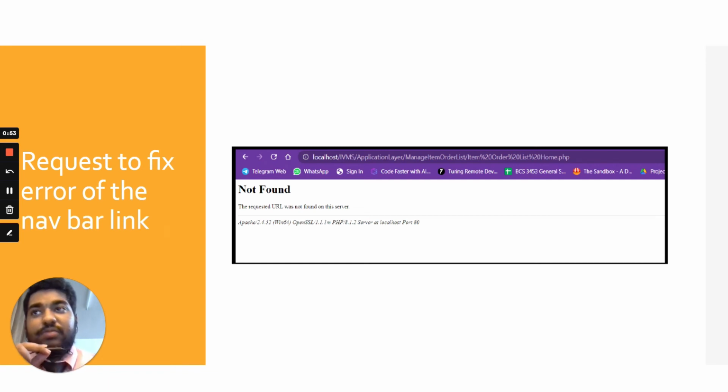So the first one is the request to fix an error of the navigation bar link. The reason why I propose this change is because, as I was trying to understand this manage inventory module, I noticed that this module's navigation bar link isn't working as it's intended to. When I try to click to go to another module, I got an error. So thus I requested for a change in the management